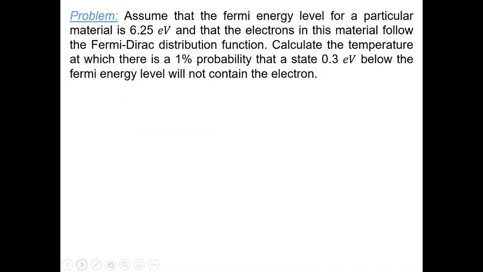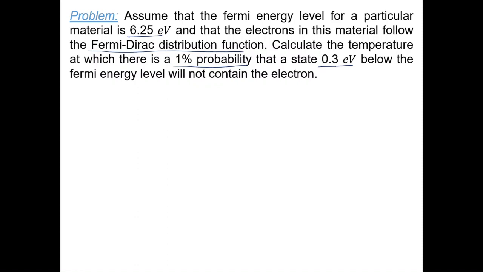Okay, the next problem is that you have to assume that the Fermi level for a particular material is 6.25 electron volt, and that the electrons in this material follow the Fermi-Dirac distribution. So we are actually going to use the Fermi-Dirac distribution function. Calculate the temperature at which there will be 1% probability that a state 0.3 electron volt below the Fermi energy level will not contain an electron. So here